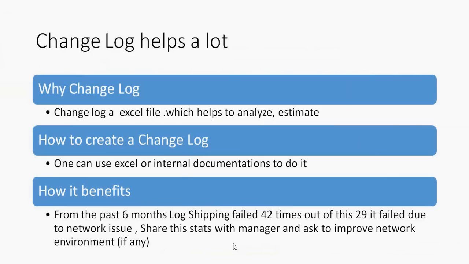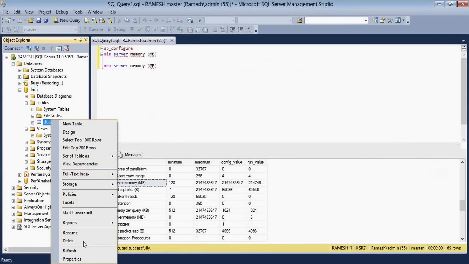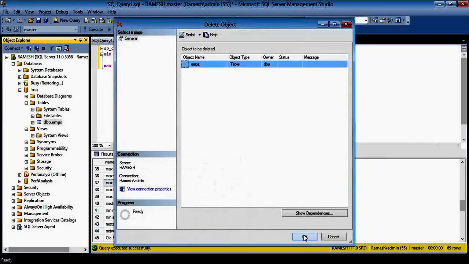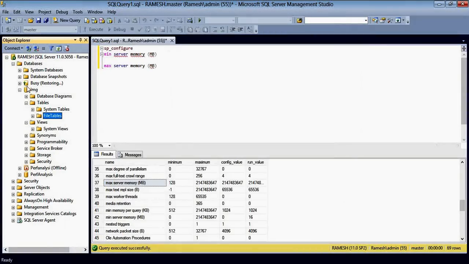And use schema change history to monitor what are the changes done on your databases. Simply open your database, right click here. I have a table EMPS. Now I am going to delete it. Okay.